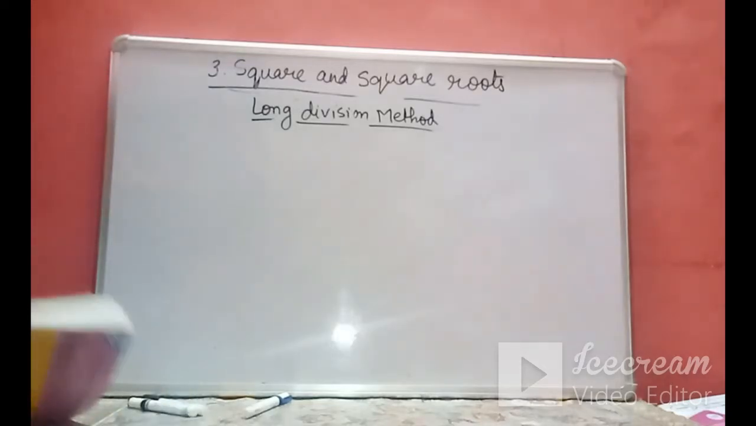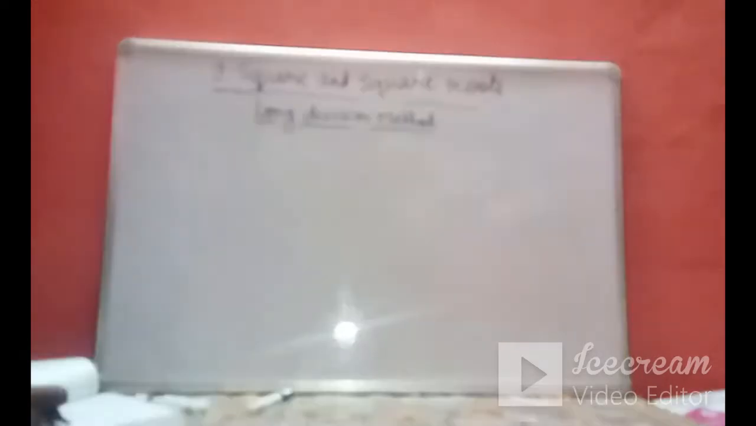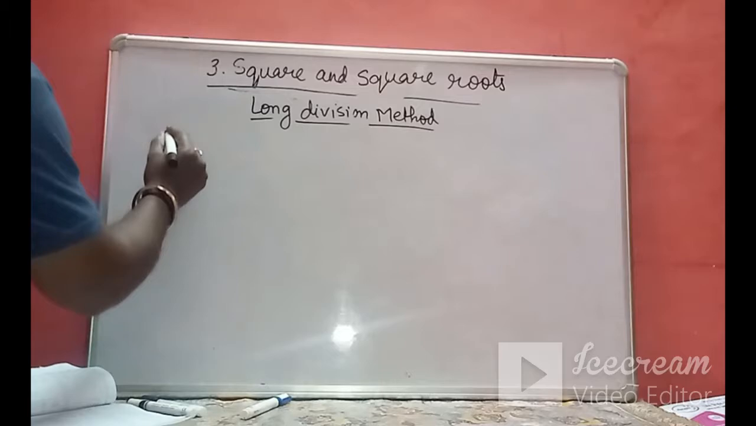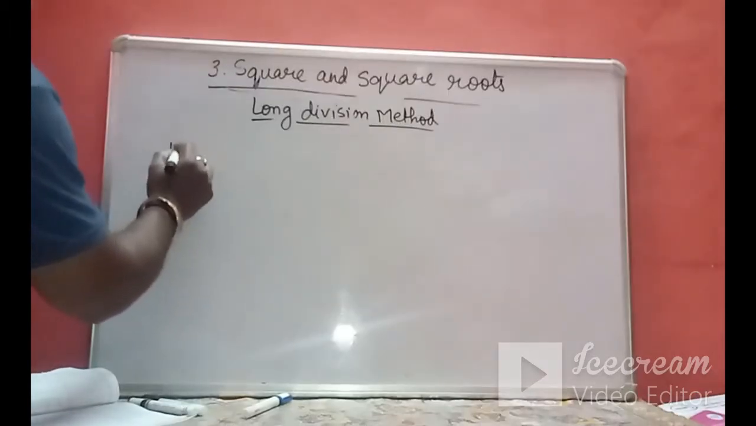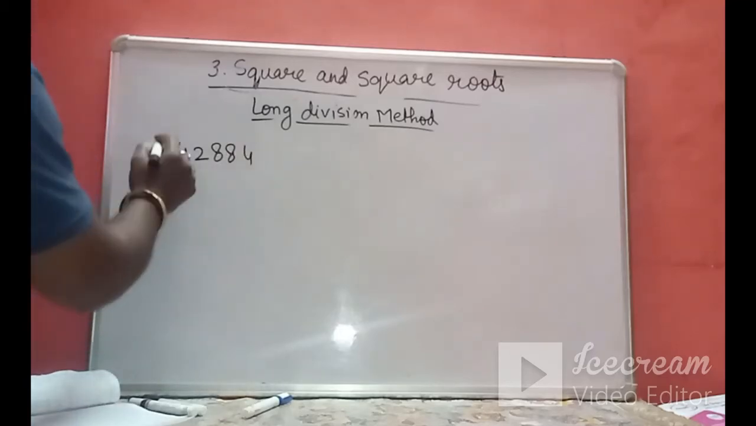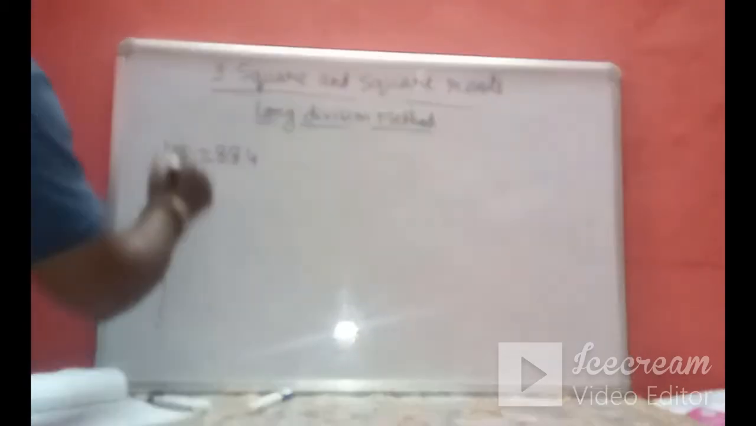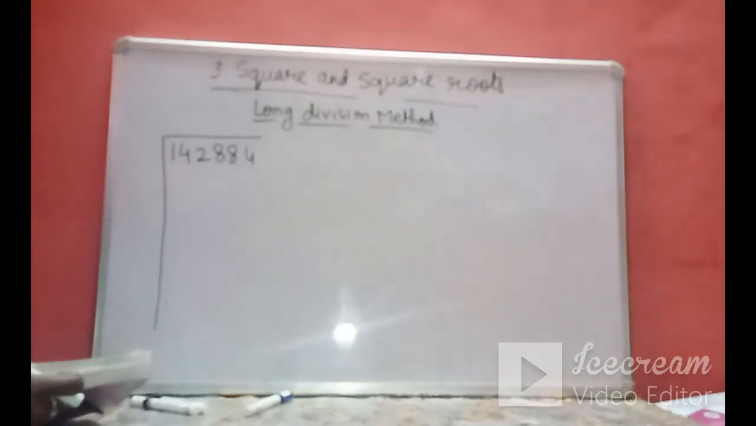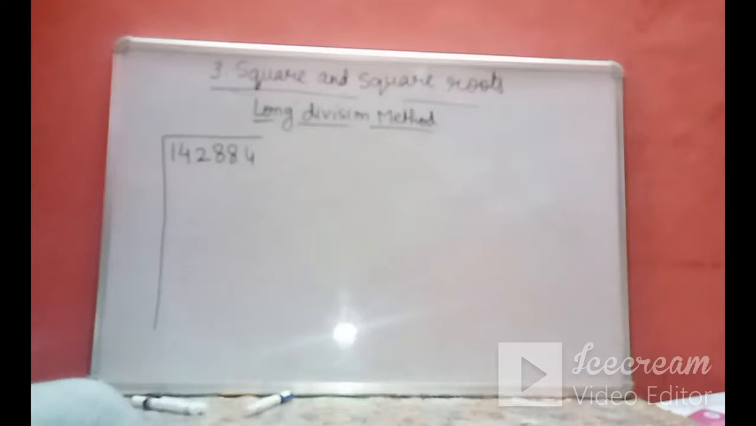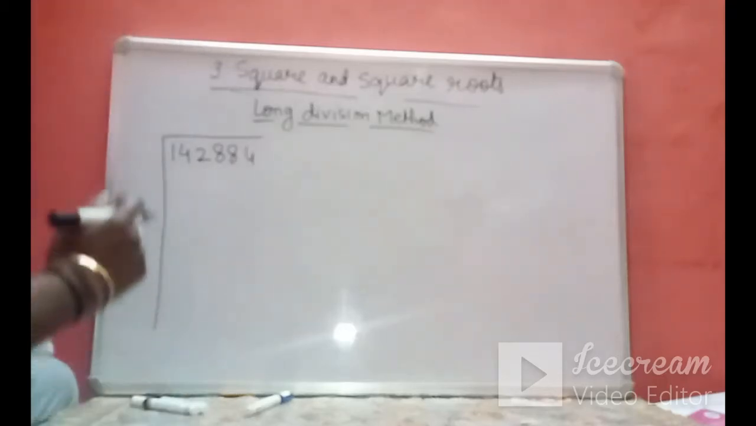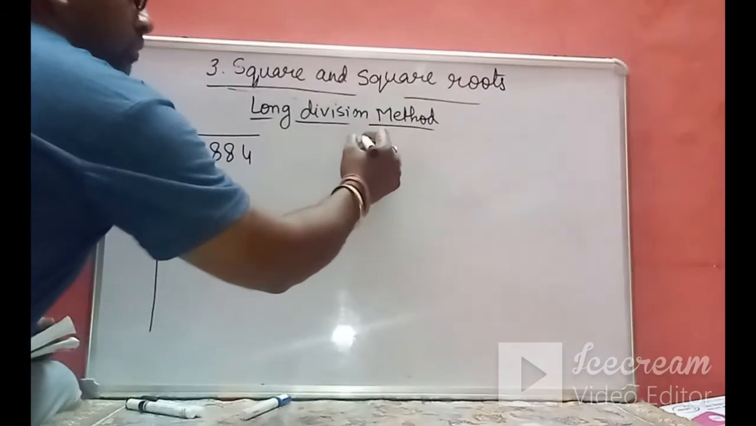So let's see a question. Let's take a question like we have solved in the previous exercise: 142884. This is our number, and we have to find its square root by using the long division method. Now what are the steps involved to calculate the square root using the long division method? So the first step is we have to form